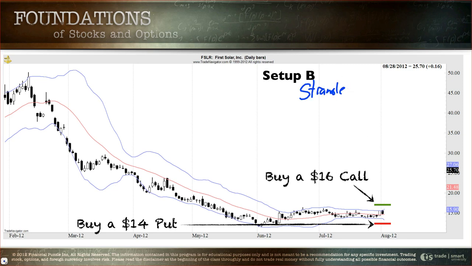And the way you would do it is you'd buy a $16 call and a $14 put. And you're going to have to buy a little bit of time. That's where it becomes a potentially losing trade. And you got to hear me on this one. The benefit of doing a strangle at this location, and I'll just write this up here, the benefit is volatility